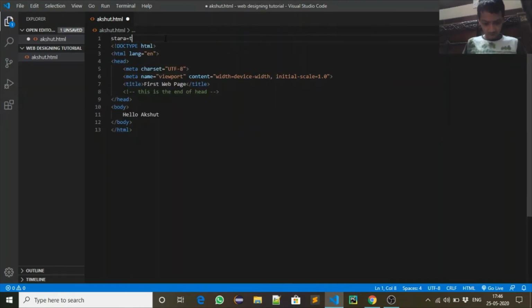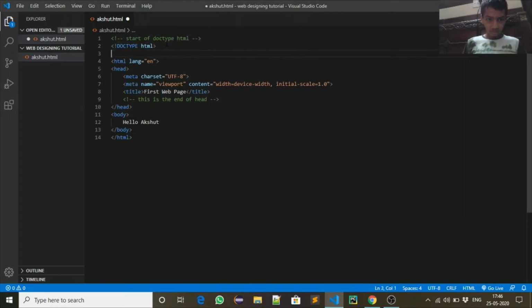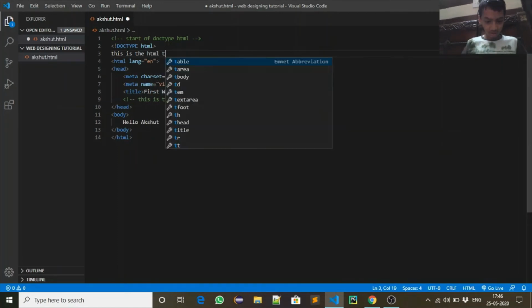Start of doctype HTML. This is the HTML tag.